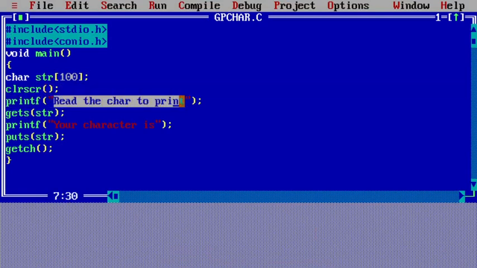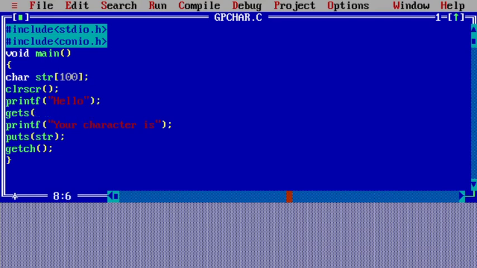In a printf you need to have hello. All can be tried in one program only.